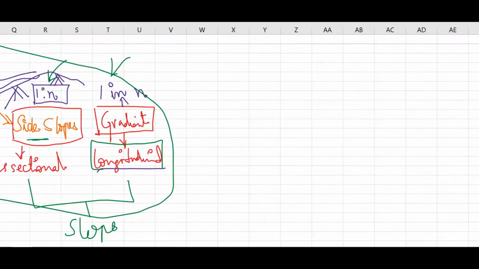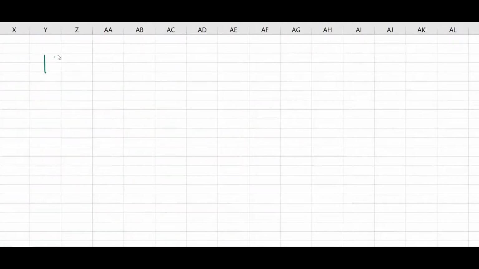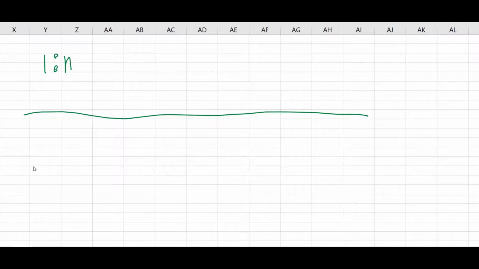Now, you can ask me, what is this 1:n, and what is this 1 in n? 1:n you got here as side slope or cross sectional slope, right?